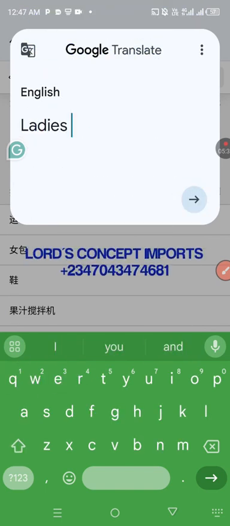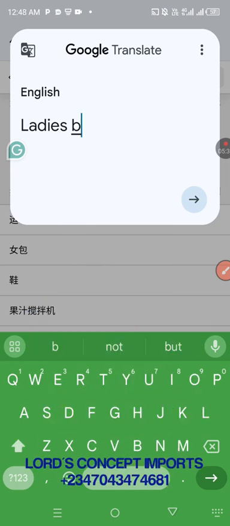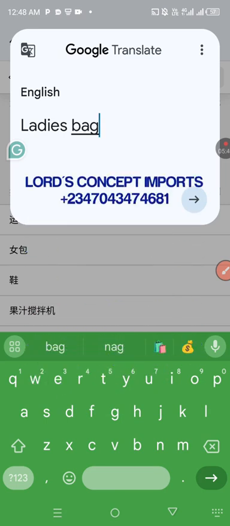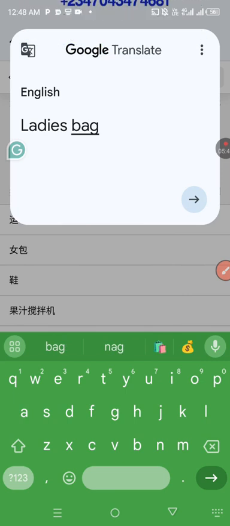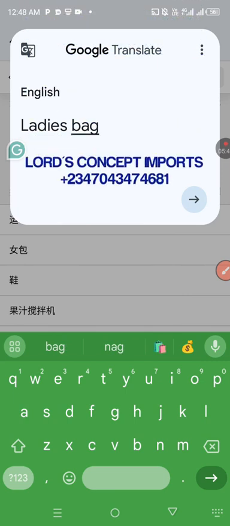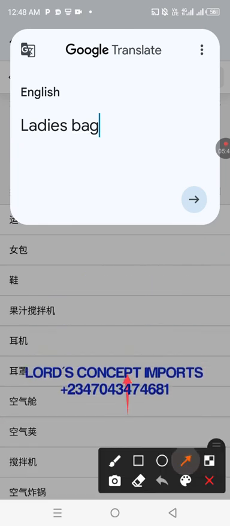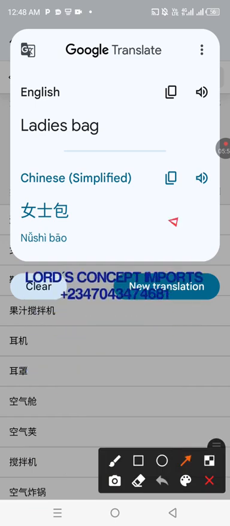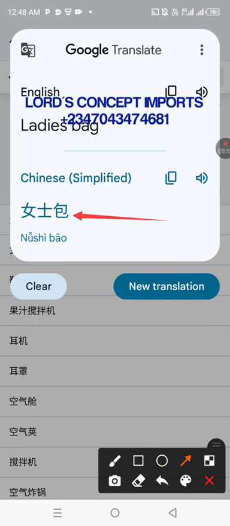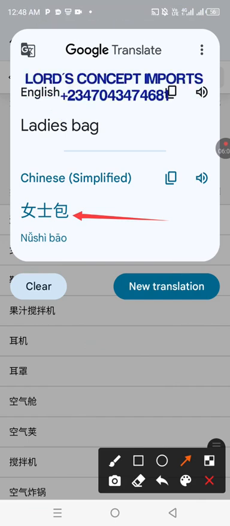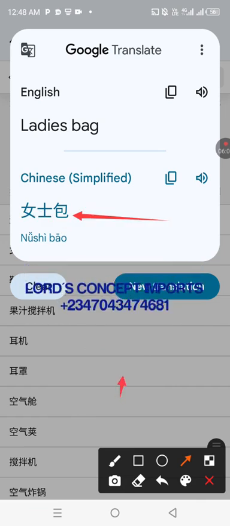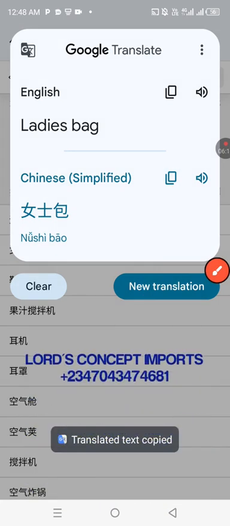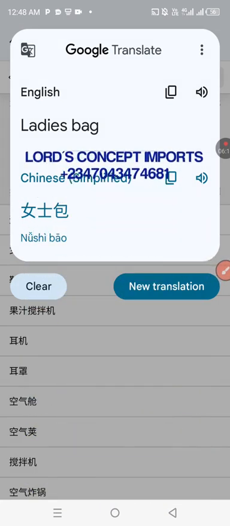Ladies bag. So you click on this arrow, you click on it. So this is just the translation of the keyword which you have put in there. So you click on this button to copy it. So when you copy it, you tap on the screen for this